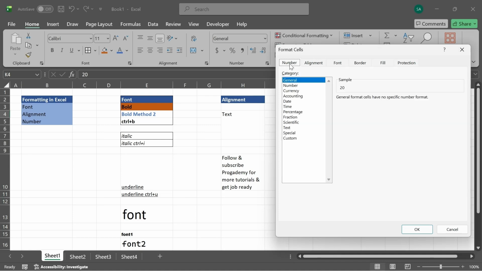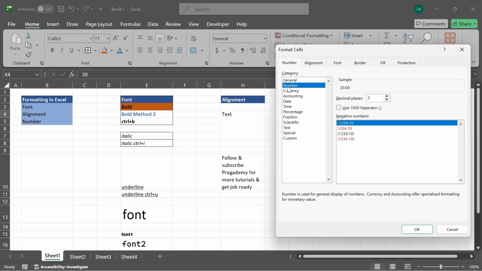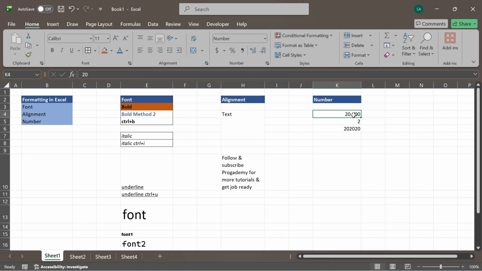Just go to number, we want number formatting, and we want to change the decimal places, right? By default it is taking 2, let me make it 3 and click OK. It will add 3 decimal places after the original number. So we didn't define any kind of decimal, so it has added the 3 decimal places automatically, right? Now